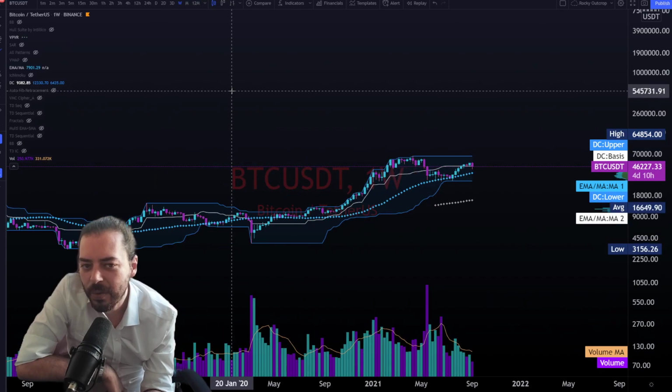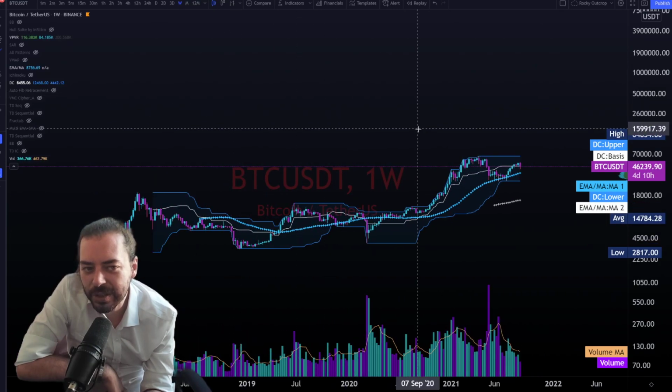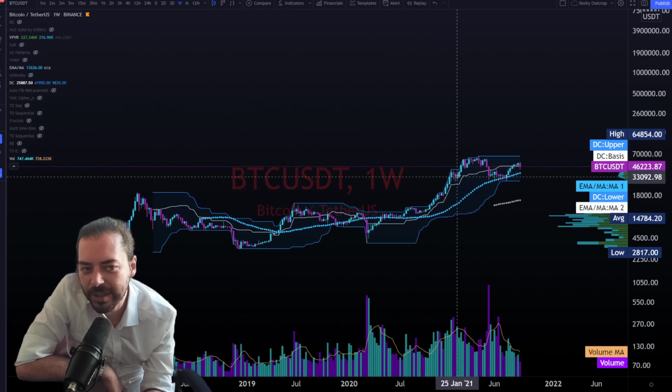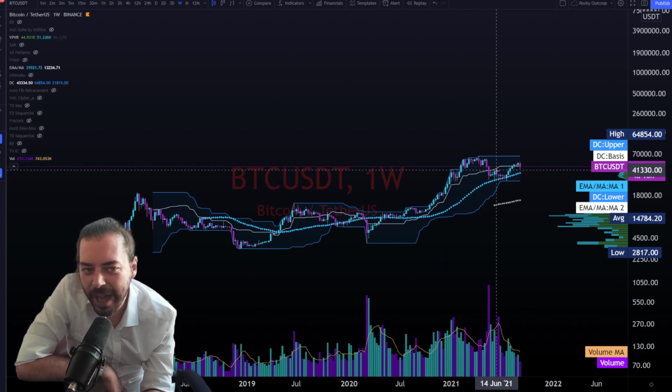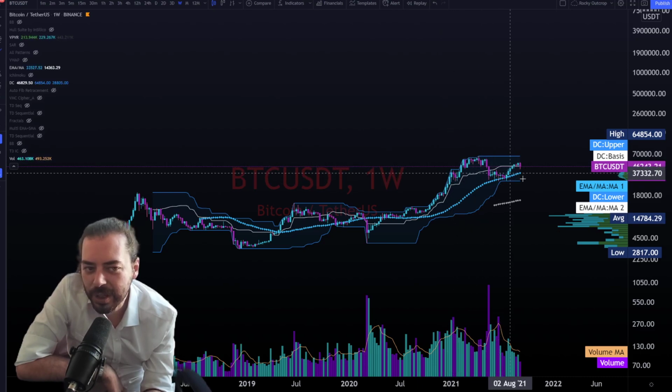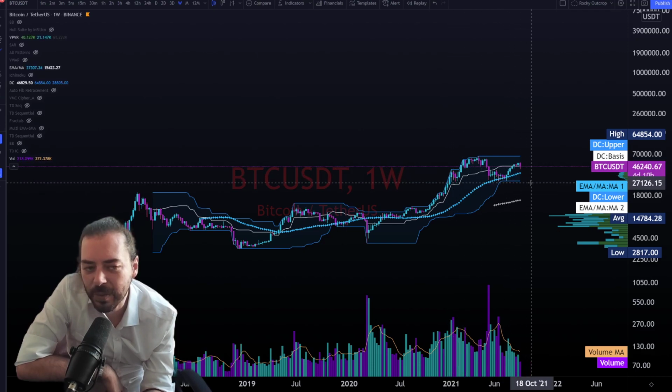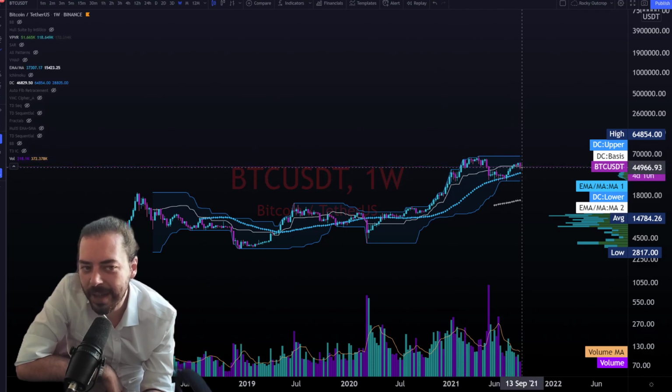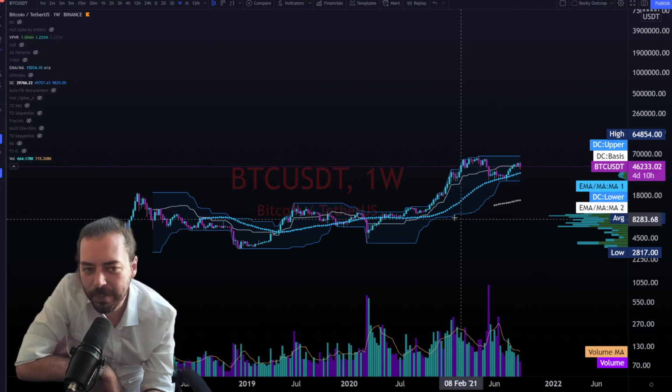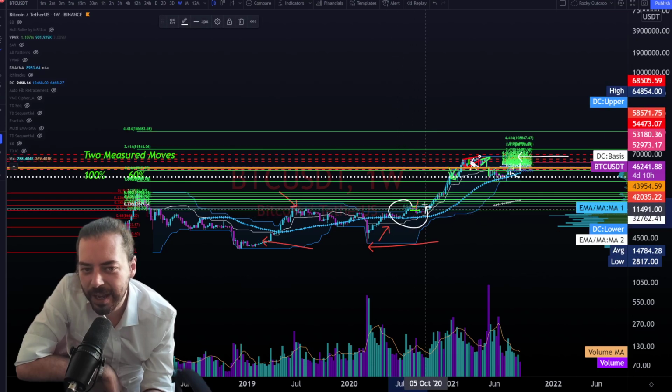Dropping down to the weekly time frame, just got a little bit of a concern with this little bump here, the high, the bump here that was looking like you could have even had a head and shoulders on the weekly at this point. We've undone that damage. We're up above the 50% line. That's really starting to look quite good. And it's at this point that I think it's probably worth pointing out this area of price action.